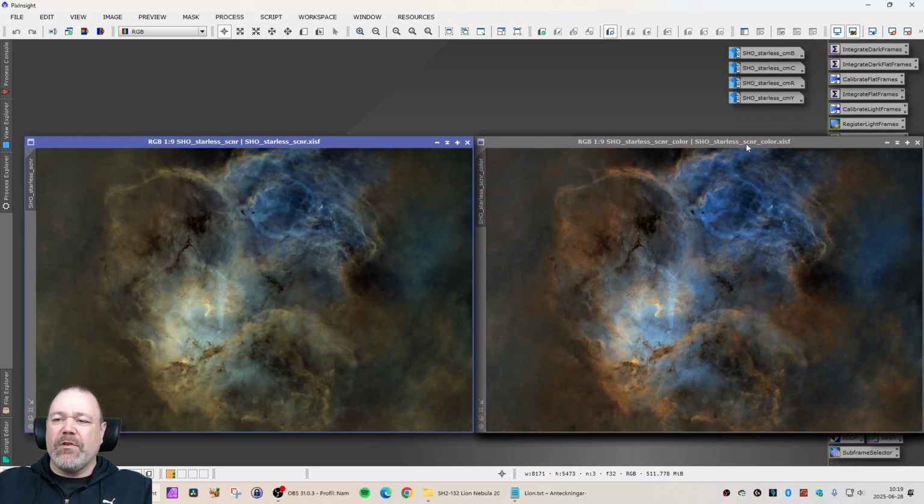Now in the next image here, I've started manipulating the colors. As you can see here, I have a much bluer blue area and the yellowish, reddish areas are more golden looking. Now this is of course a look many people go for when you're making SHO images. So how do you get there? You have a lot of different tools. You could